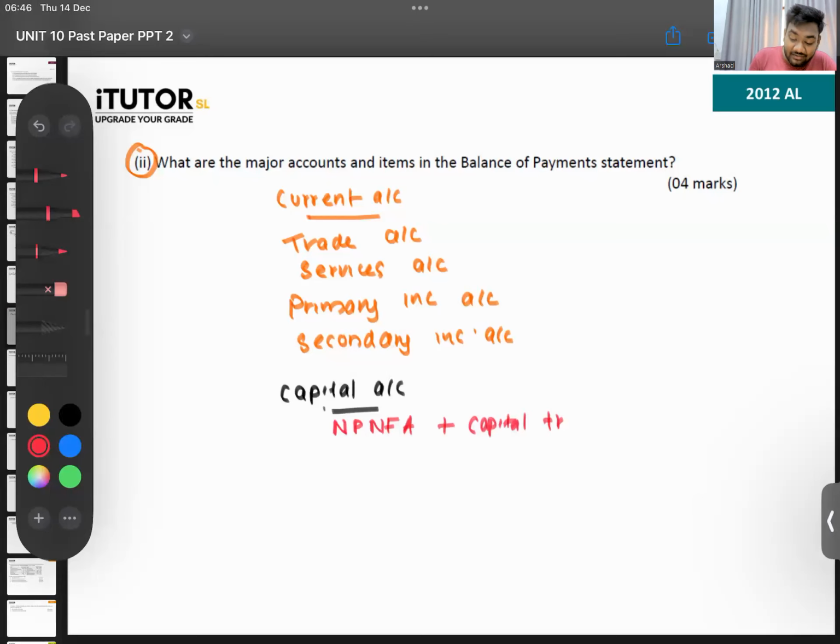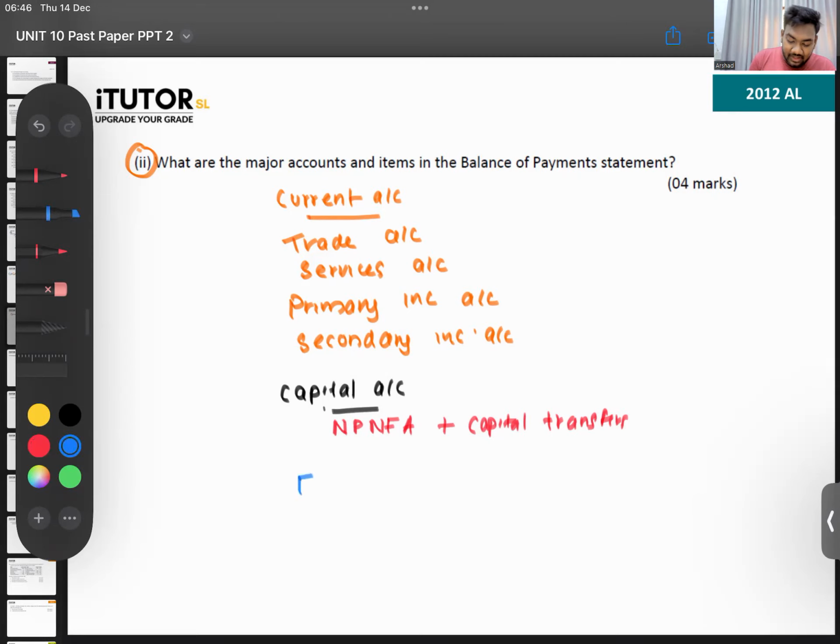What are non-produced, non-financial assets? Things like goodwill, patents, copyrights, licenses, all of that goes under non-produced, non-financial assets. And any capital transfers, like foreign grants, these big grants that you might get, those kinds of things. And after that,